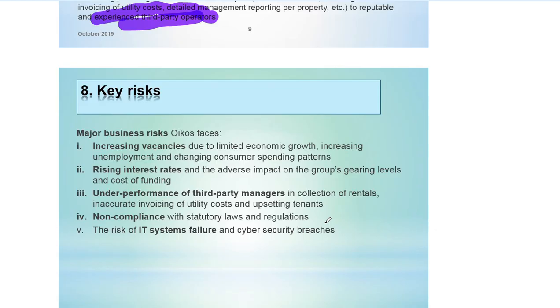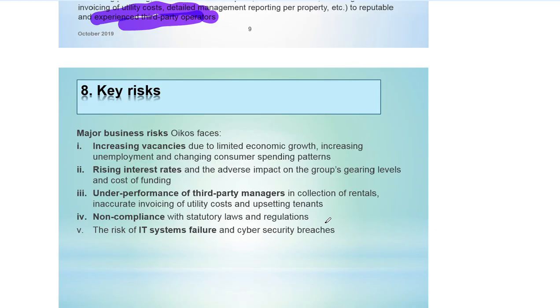You have seen, as we're looking at the documents above, that there is an increase in vacancies. It keeps on increasing by 0.5% each year. So now they are telling us that this is the risk the company is facing, and this is due to the unemployment rates and the changing consumer spending pattern. Remember that if they're renting out the property to their tenants, they're depending on the consumers. If there are no consumers, the tenants might close their business or negotiate their rent.